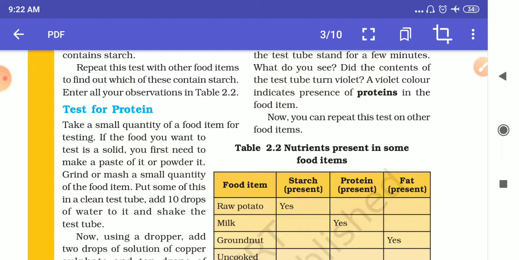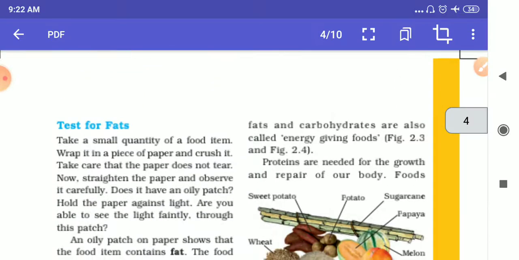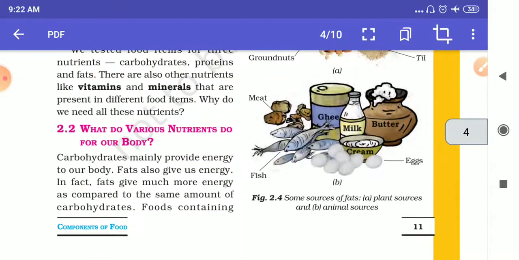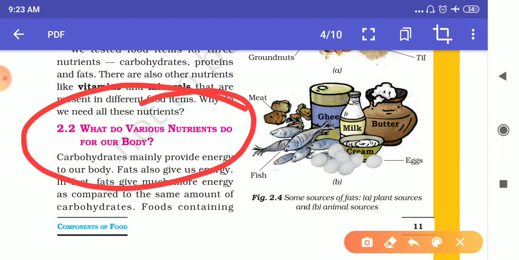Now the question arises, what do these nutrients do for our body? Why do we need all these nutrients? Let us discuss these nutrients in detail. In this topic, we will discuss the different nutrients, what these nutrients do to our body, and why we need them. The first nutrient that we are going to discuss is